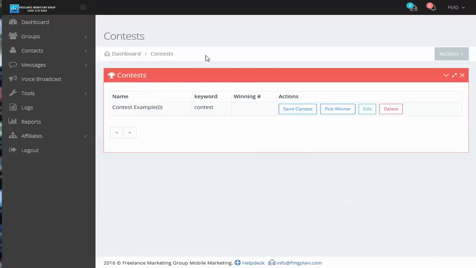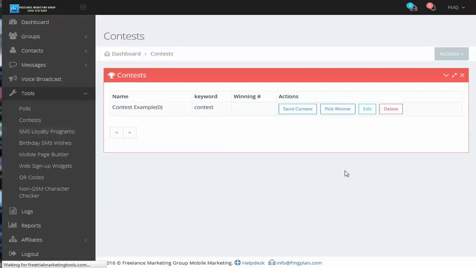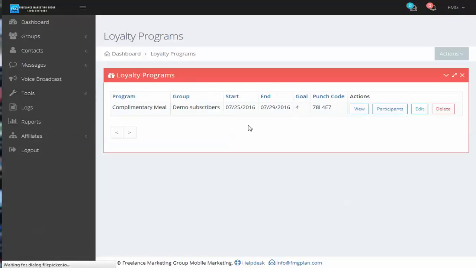So we got a few more minutes left. We're going to move right along here into the SMS loyalty programs. Everyone knows what punch cards are like. So you go to a restaurant somewhere, maybe you get a card punched, a loyalty card, you get it punched 4 times. On your 5th one, your meal's free. Okay,